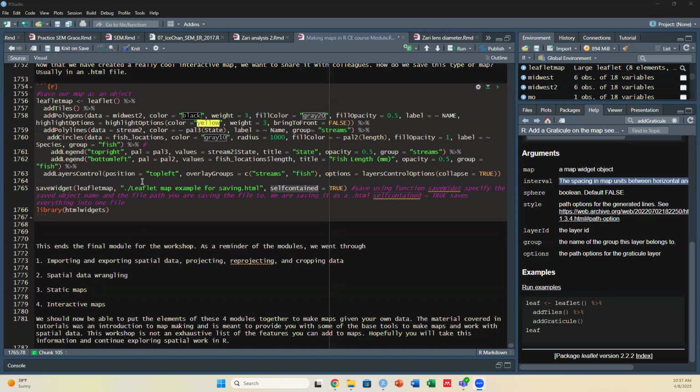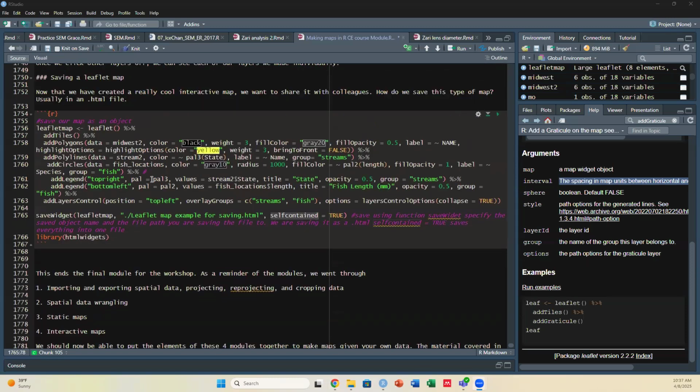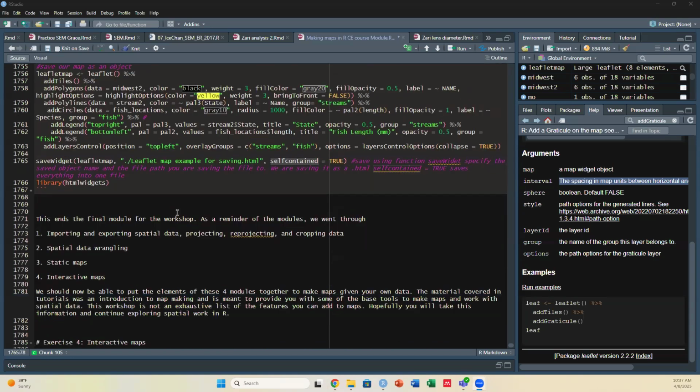Okay, so that is a way to make interactive maps using multiple layers, multiple groups. This ends the final module for this workshop series. And as a reminder of all the modules together that we went through, it included importing and exporting spatial data, as well as projecting, reprojecting, and cropping those data, spatial data wrangling, static maps using tmap, and this is the interactive map one using leaflet. So if you went through all of these modules, you should be able to put all of the elements together to do introductory map making in R. And this should lay a foundation for learning more complex things and how to make your maps specific to the